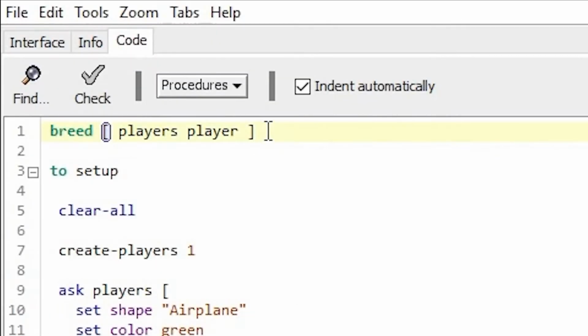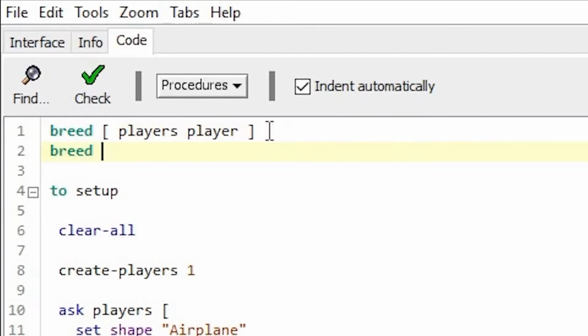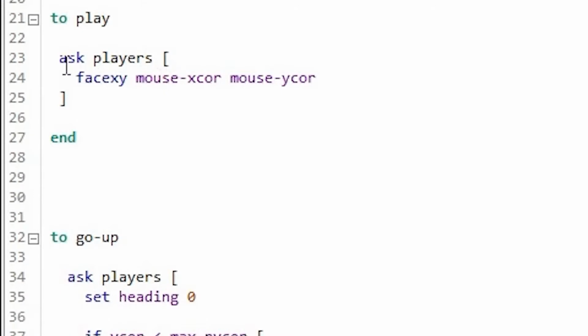Now let's see how we can add a new type of agents or turtles called bullets, so the aircraft can shoot some bullets. To do that, we are going to the code tab and we are going to add a new breed of turtles, or new breed of agents, called player bullets, and I'm going to give the singular form of this, player bullet. Now we created a new breed, and what we have to do is